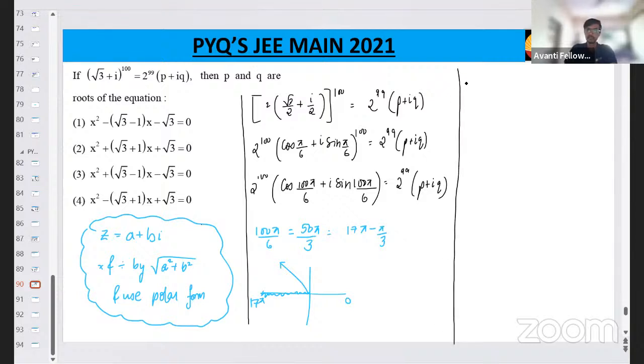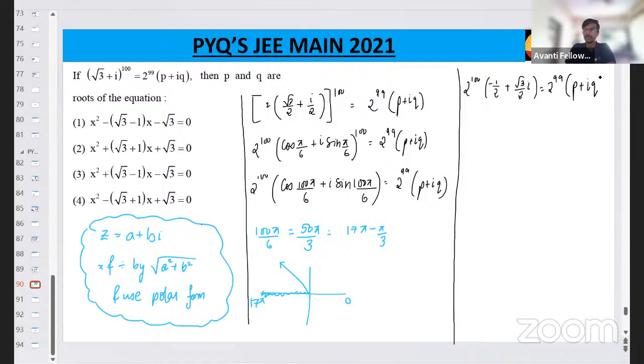So what will we get? 2 raised to the power 100 into cos will be negative, and who gives 60? Half. So minus 1 by 2 plus root 3 by 2 i is equal to 2 raised to the power 99